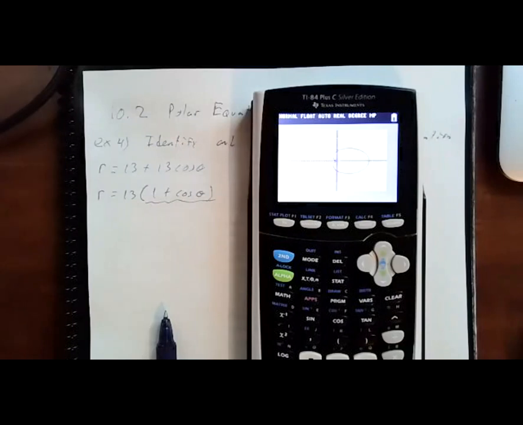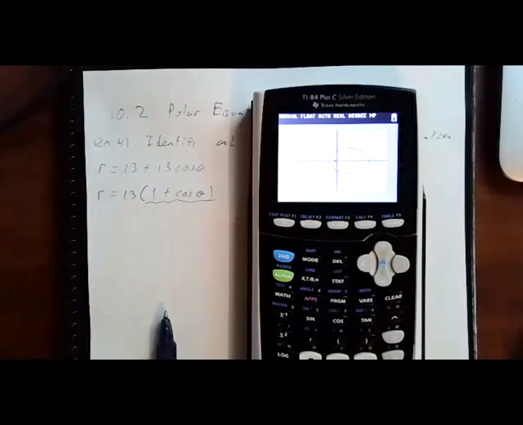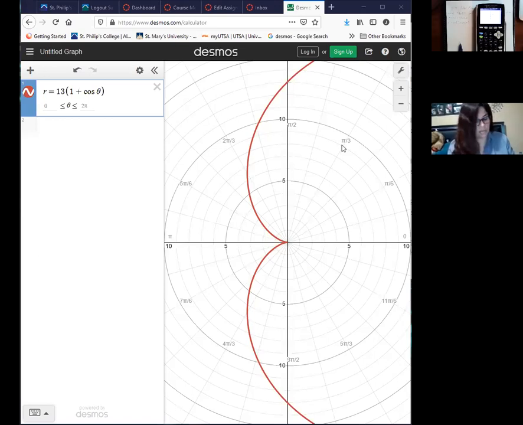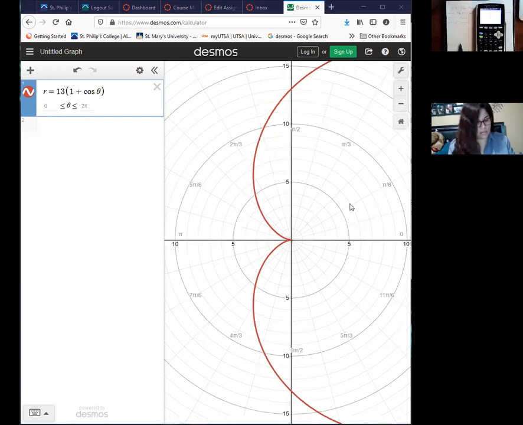Oh yeah, mine's a straight line too. Mine's a straight line as well. Hit zoom and press standard. See if that changes. Zoom and standard. Okay, let me look for zoom. Okay, zoom, and then